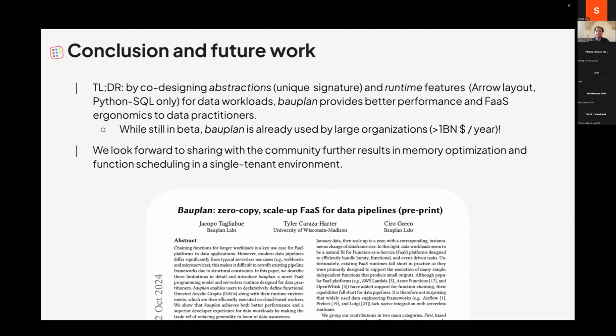So to wrap things up, we decided to co-design abstractions. The only thing you can do in Bauplan are functions that take data frames as input and output data frames, and runtime feature. So everything is an Arrow table basically, and you can always express your transformation in Python. But by constraining and narrowing down to industry-inspired use cases, our platform is able to provide not just better performance, but a much more ergonomic, fast experience to